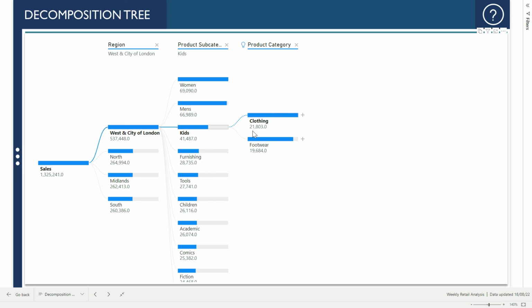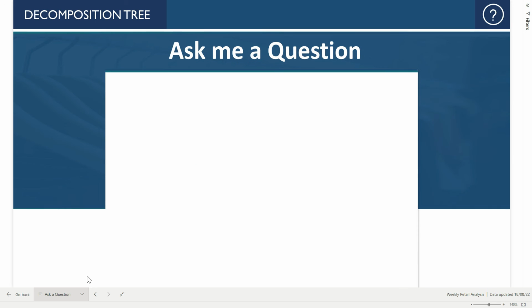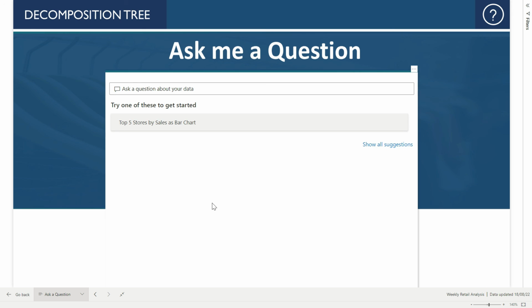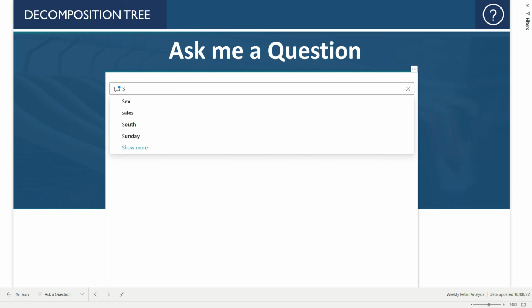To finish up, if we go to our last page of ask a question, here we can see that we have an area where we can type something in. So we are taking advantage of the Q&A visual, which uses natural language processing, therefore allows report consumers to type what they want to display. For example, if I select ask a question about your data, I can go ahead and maybe ask, show me